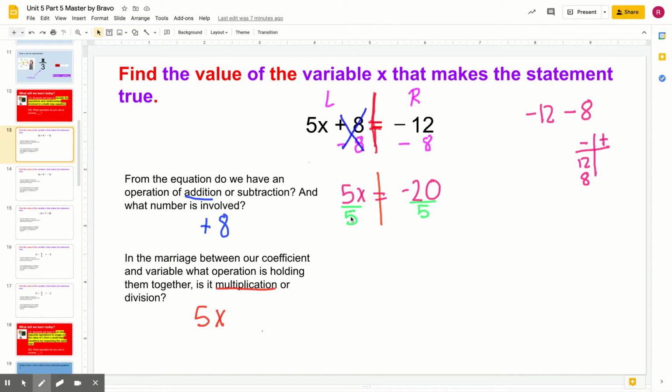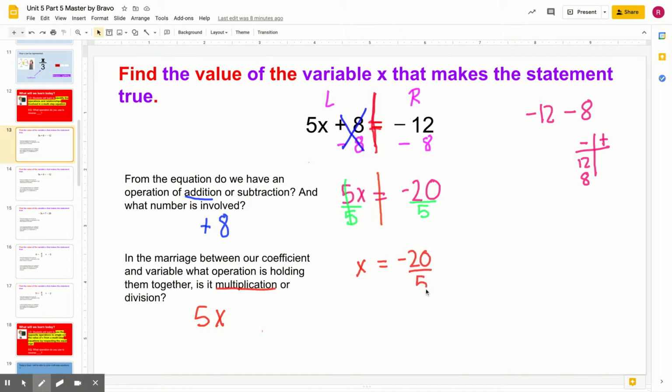And now my 5 divided by 5 goes away into 1. So I just am left over with 1x. My equal sign drops down because it never goes away. And now I'm left with negative 20